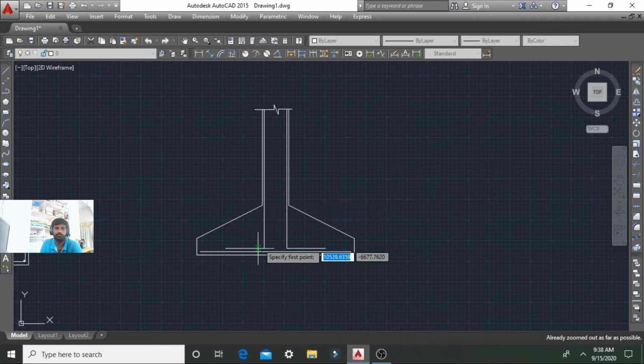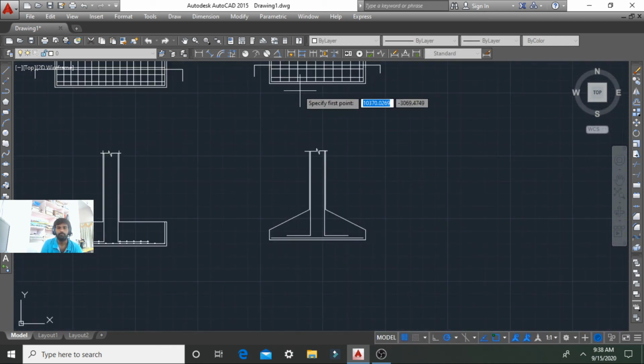Similar to the rectangular footing, we can place the bars here.